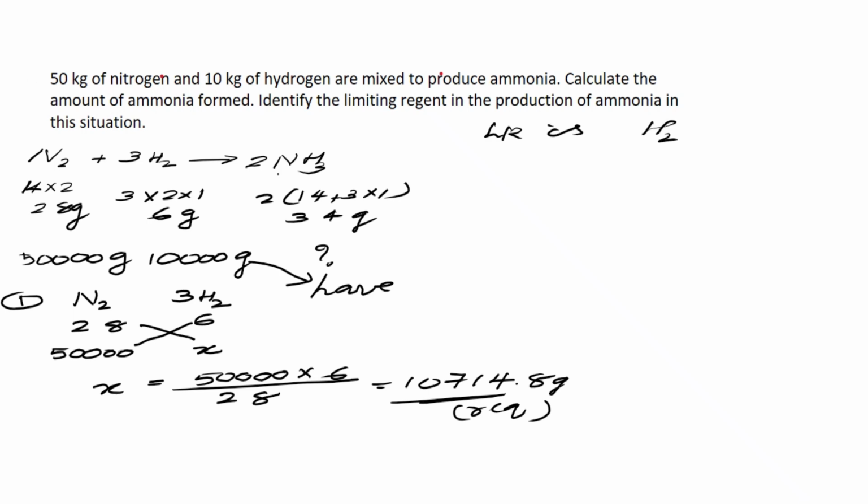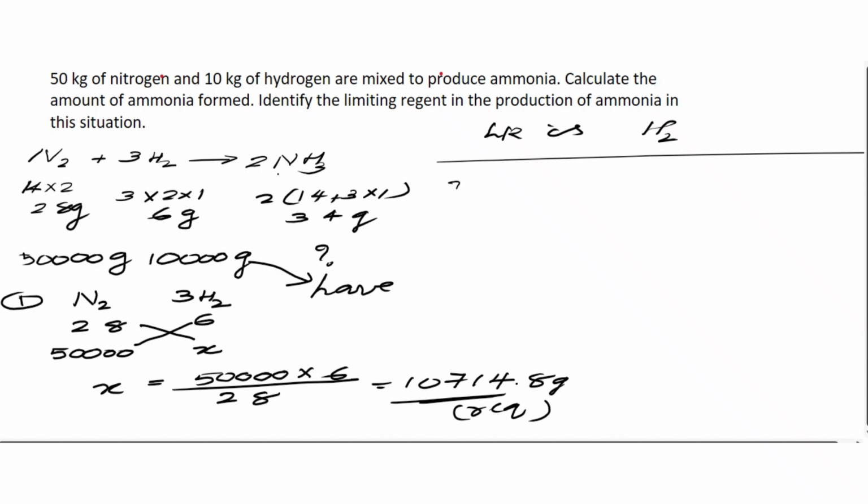But for example, if the amount of X is like 9,000 something or 8,000 something, then we have to write that hydrogen is not the limiting reagent. This time nitrogen is the limiting reagent. The other reactant will be the limiting reagent. So the first step is done, and in order to move to the second step,